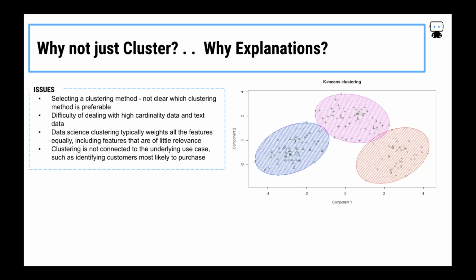All of this stuff is going to, for one, just increase dimensionality, which makes it a little bit harder to use some of our clustering methods with very high dimensions. But we also know that a lot of the features might not really have any bearing. As a data scientist, the first thing I do is suck up and grab all the data I can, but some of that data might not really have anything to do with whether somebody's purchasing. But if I just naively apply some clustering to it, it's going to treat all those features the same. So this is, as we'll get into, one of the advantages of explanation clustering.